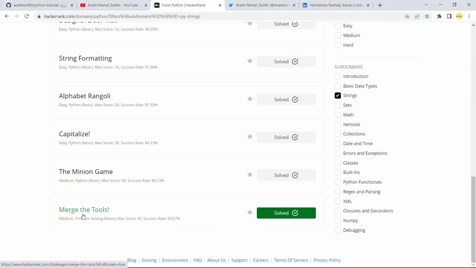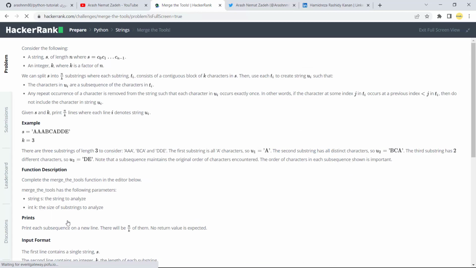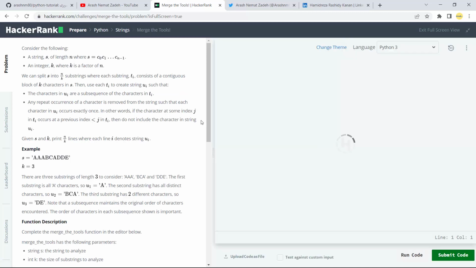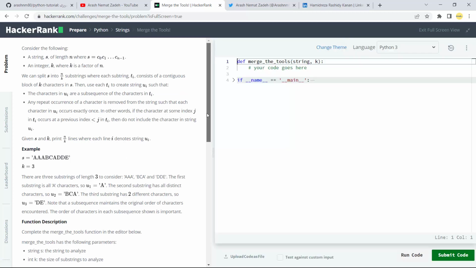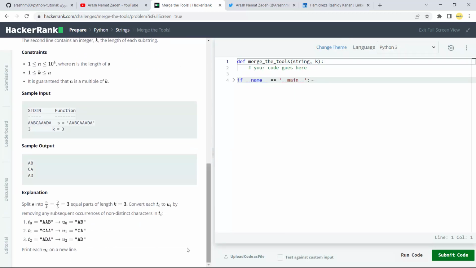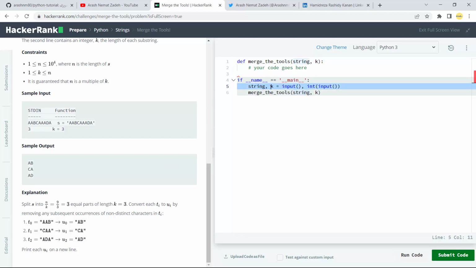The next challenge is called Merge the Tools and it is categorized as medium. Let's start going for it. What we are going to do is very simple. We are given a string and an integer